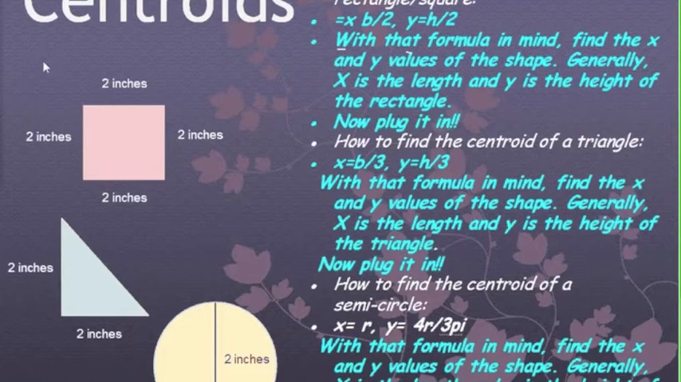Okay, now on to centroids. Centroids are basically the balancing point of a shape. So looking at the side, currently we've got a square, a triangle, and a circle. For finding the centroid of a square, you take the length divided by 2, and you take the height